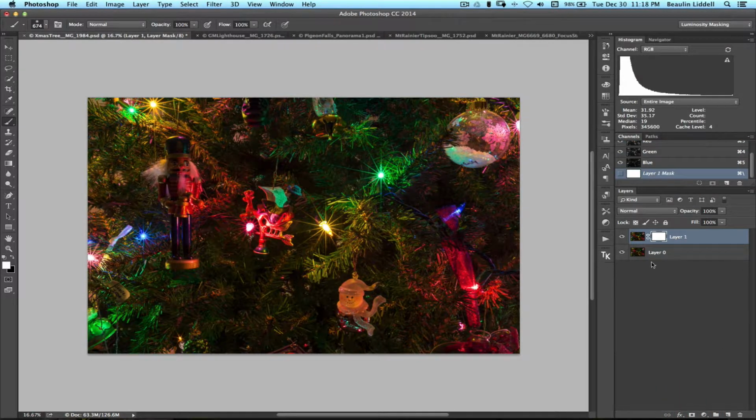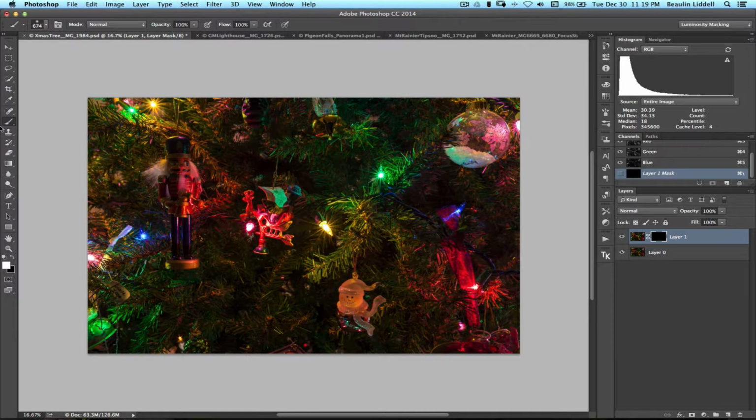And this layer mask is filled with white. There's a phrase that says, white reveals and black conceals. So the white in this case is revealing everything on this particular image. This is the image that was taken at f22. The underlying layer was taken at f-stop of 8. And if I invert that mask, I've now filled it with black and hidden that layer and revealed the layer